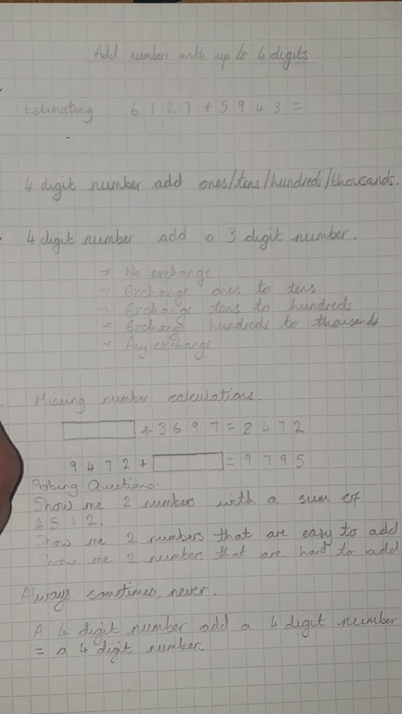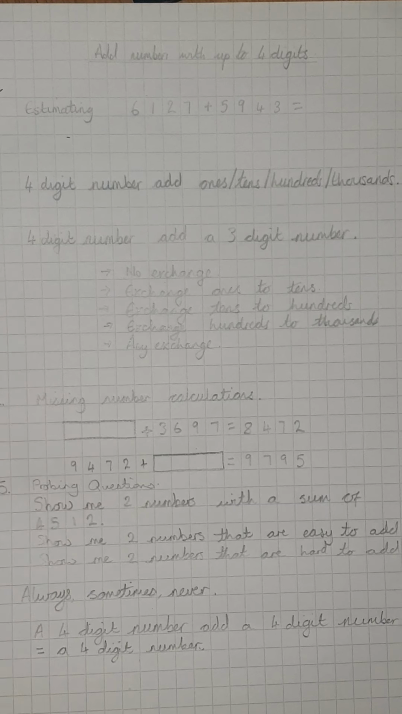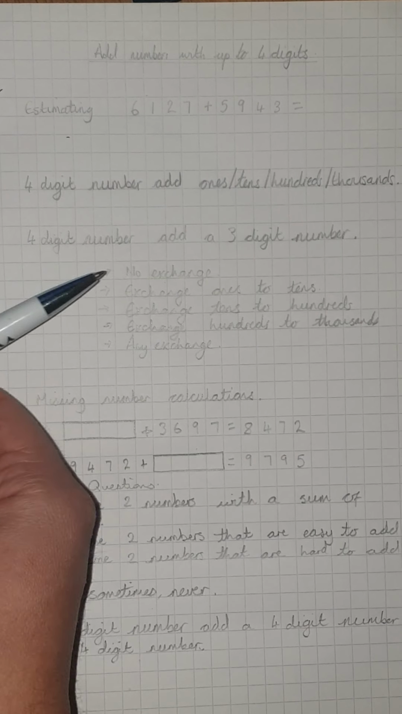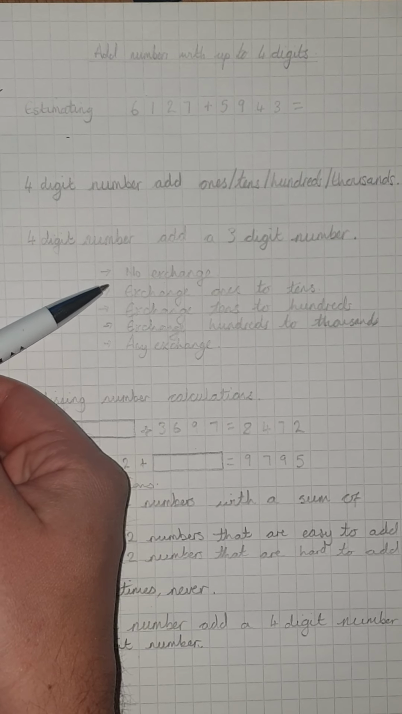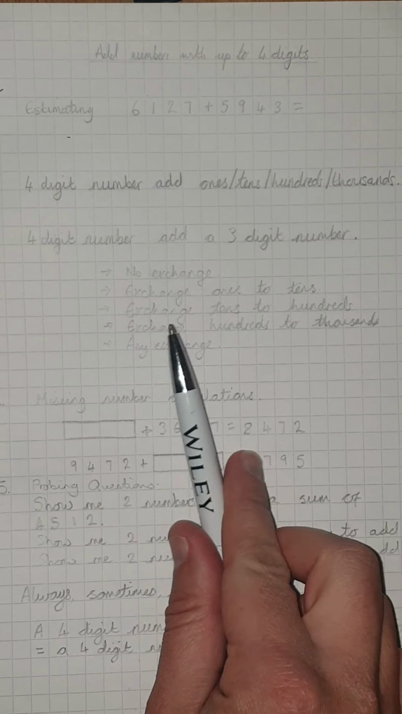After you've done that, then they should be able to add 4-digit numbers, adding ones, tens, hundreds and thousands, and they should be able to do this in their heads once you've gone through it a little bit with them. I'll go through some examples with you in a minute, and then move on to 4-digit numbers add a 3-digit number. Start with no exchange, so all of these